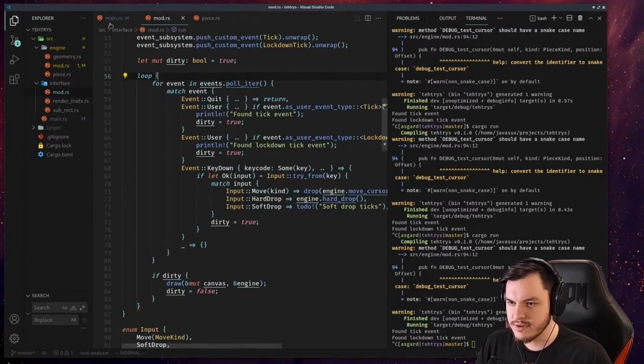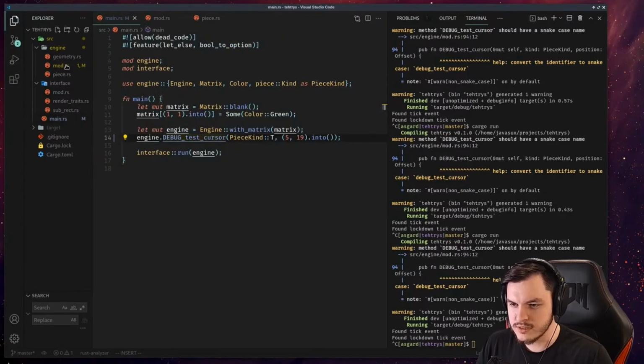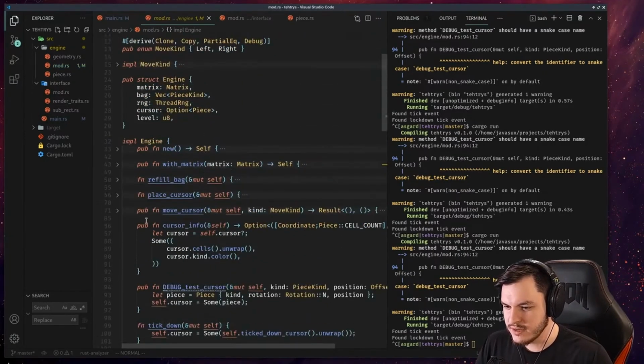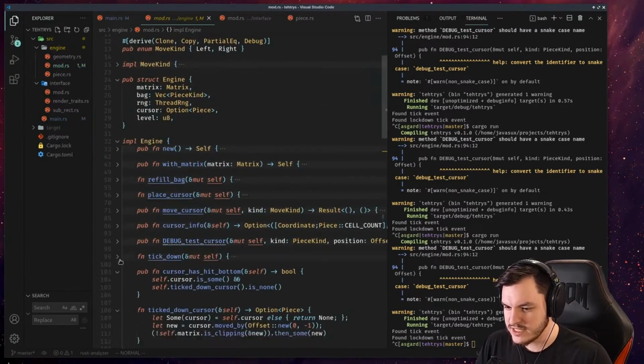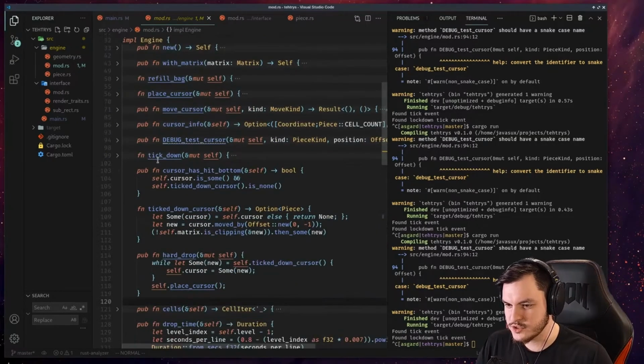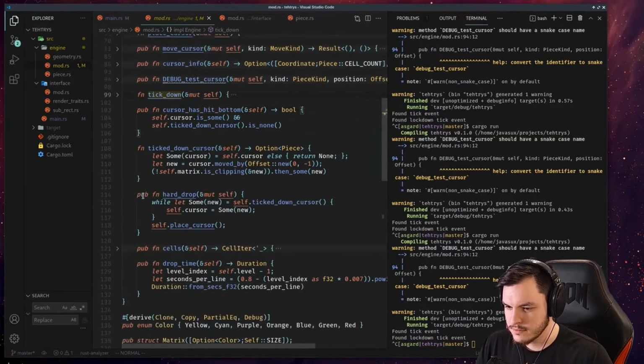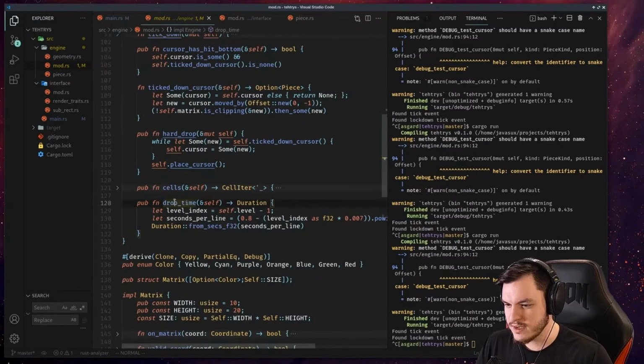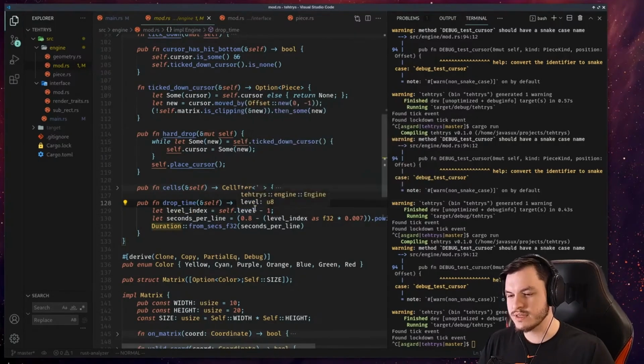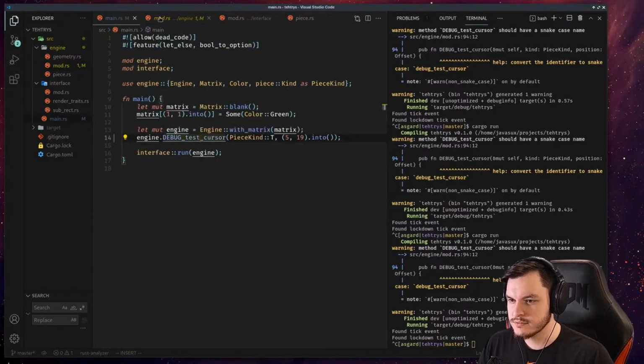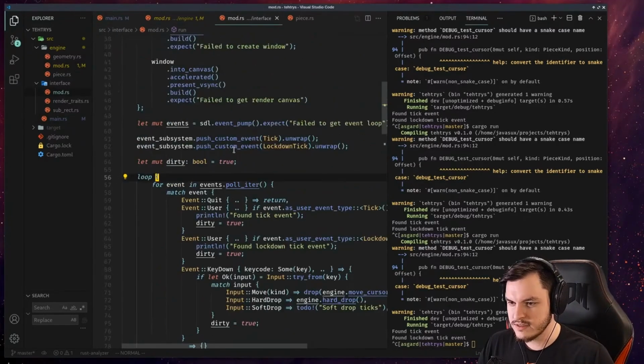So we have, if I remember correctly, in the engine the definition of how much time each tick should be. Drop time. Yeah, that returns a duration, which we then pass into the